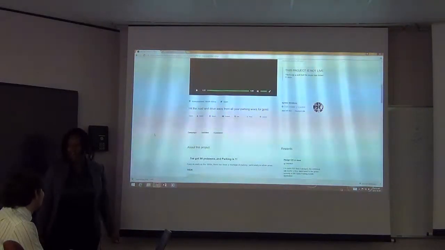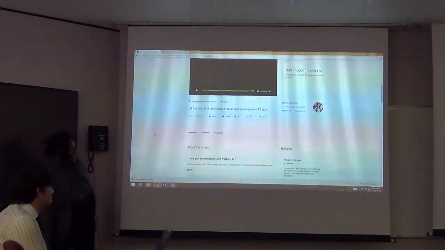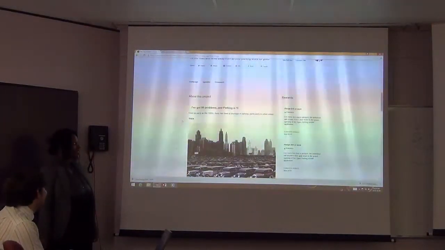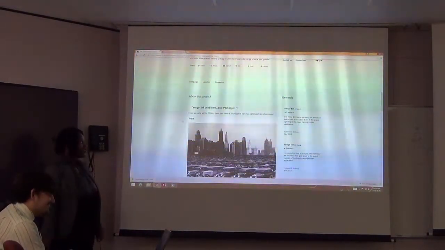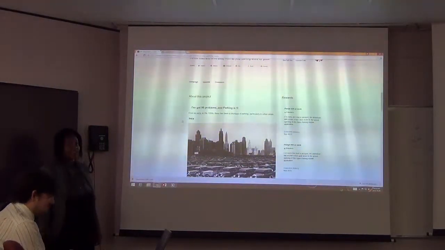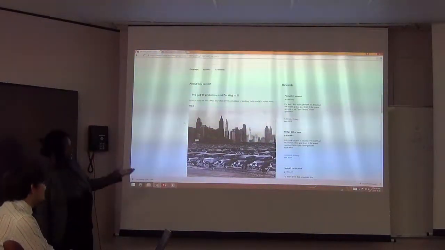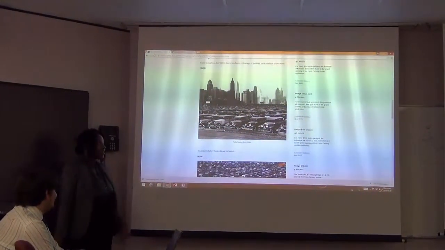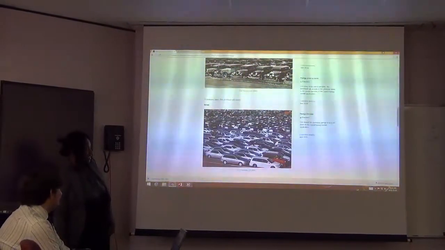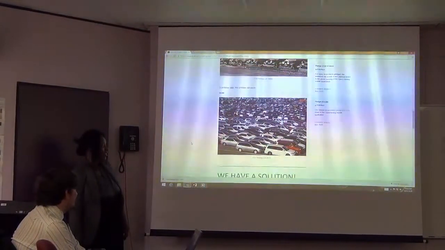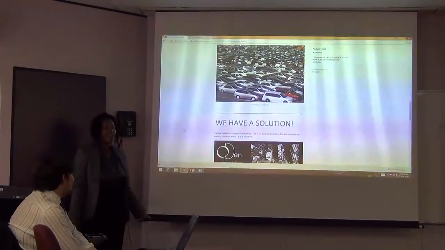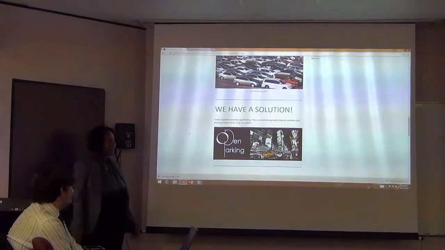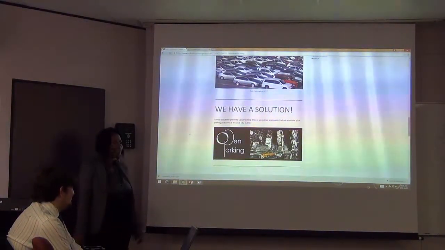Hit the road and drive away from all your parking woes for good. About this project, I've got 99 problems and parking is one. From as early as the 1800s, there's been a shortage of parking, particularly in urban areas. This is a picture of back then. Almost 3 centuries later, this problem still exists. This is now. However, we have a solution. Syntax Solution presents open parking. This is an Android application that will eliminate your parking problems at the click of a button.